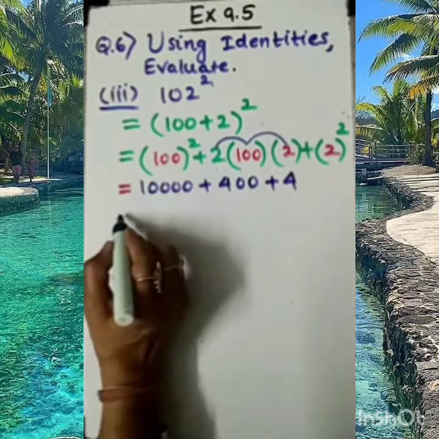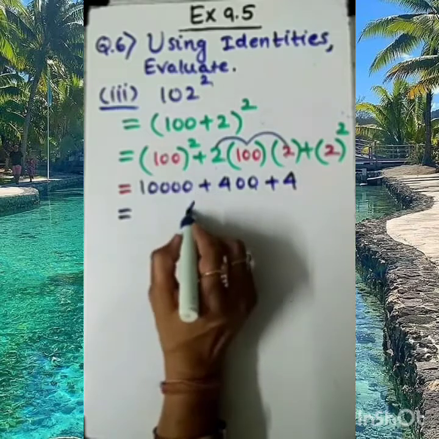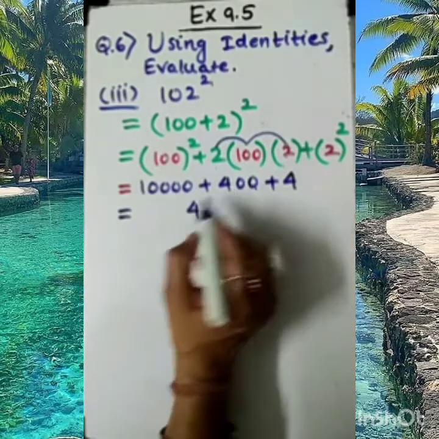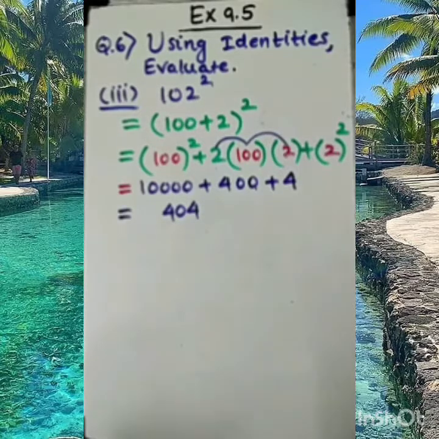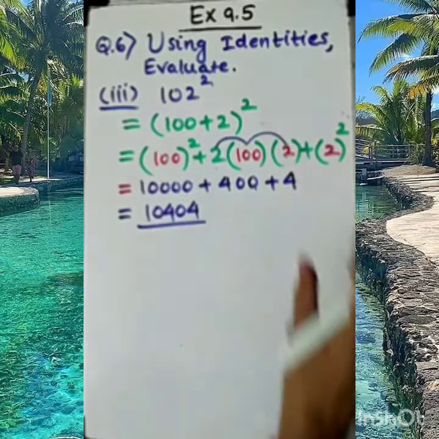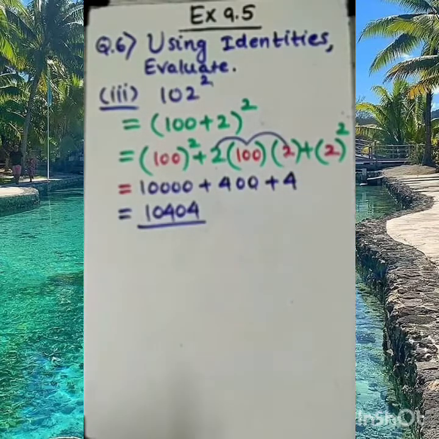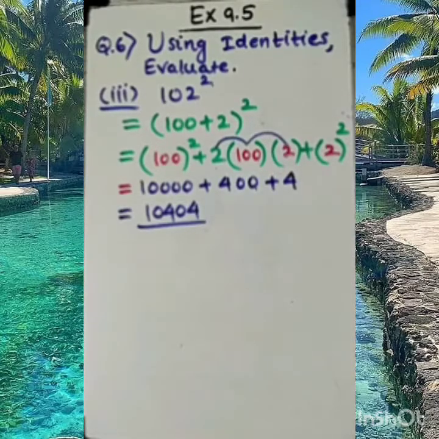So let's add all. Here 4 0 0. So here it will be 4, then here it is 0. Again on the third place it is 4, the fourth place will be 0, and this is 1. If you add it vertically in a rough column, then also you can get the similar answer. For your safe zone, at least you should go with the rough column and don't do it directly. Do the addition in a rough column.